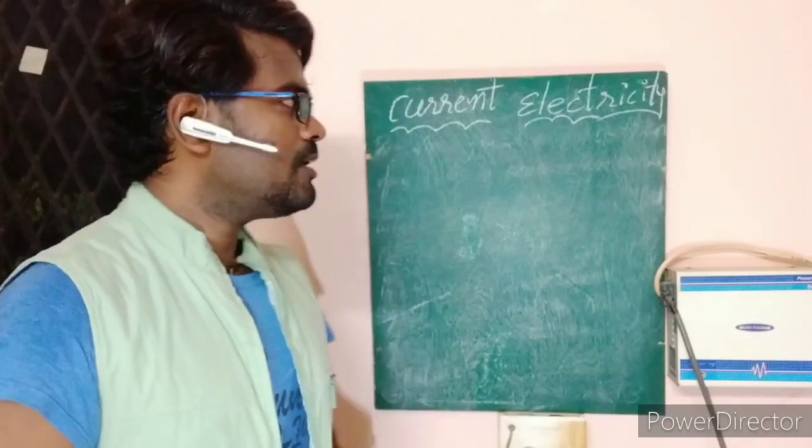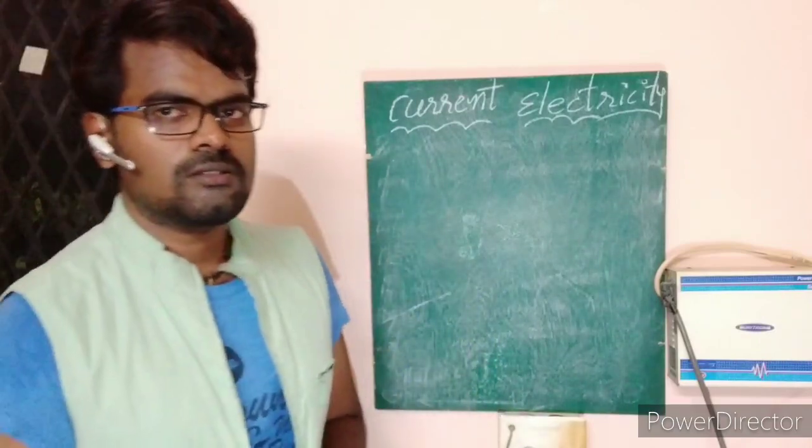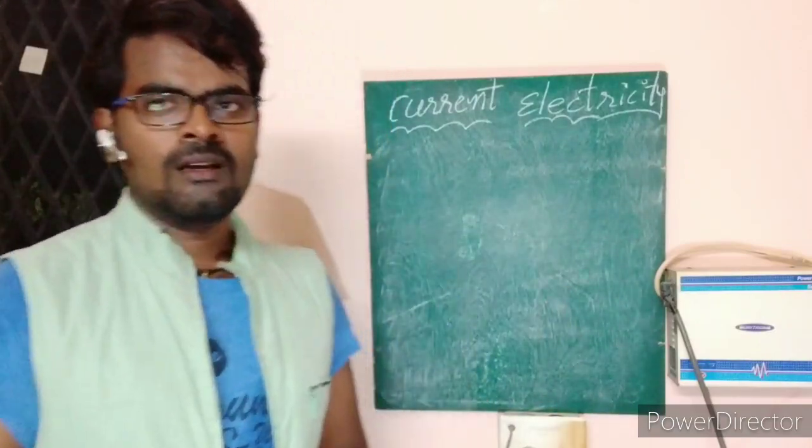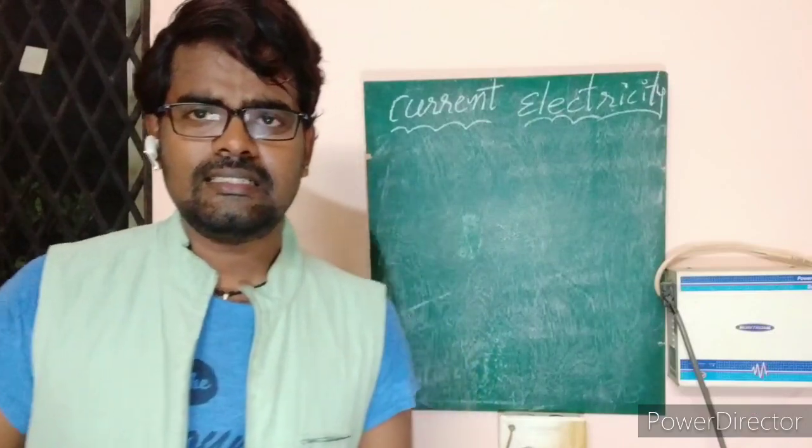So here also we have current electricity: how the electricity is passing in the circuitry, in the transmission wires, or in electrical or electronic appliances. All these things will come under this particular chapter. This chapter is an extension of the chapter electric current in your 10th standard. The same concepts are here, and a few concepts are extended.